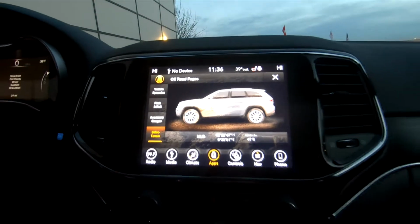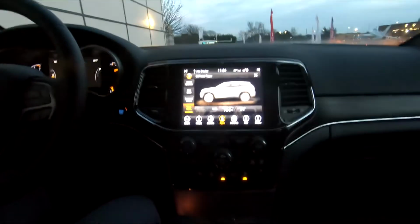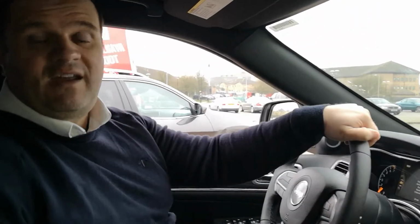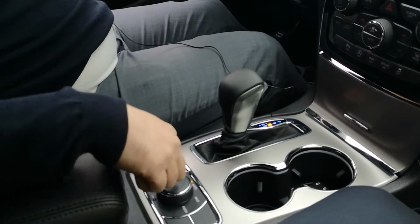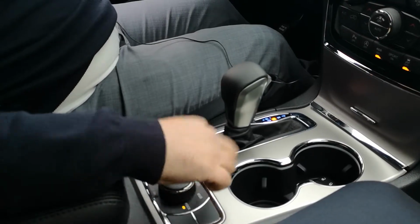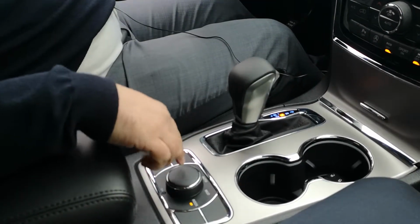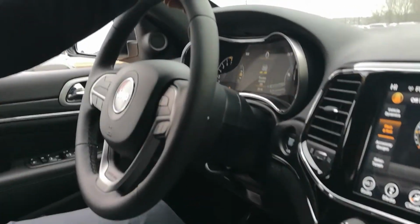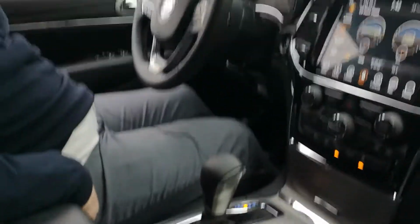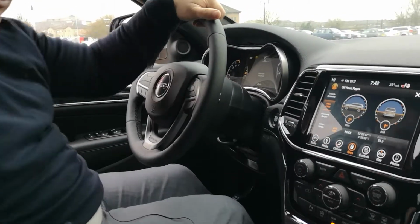And because this is a Quadra-Track 2 system, it has rock mode as well. So what I want to do right now is show you how to put the Jeep in rock mode, because it's actually really quick. This is the select terrain system here. First thing you want to do is put the transmission into neutral, and then turn this dial to rock. Then it says on your dashboard to shift into rock mode, press four-wheel drive low, which is right here. That turns off the traction control,